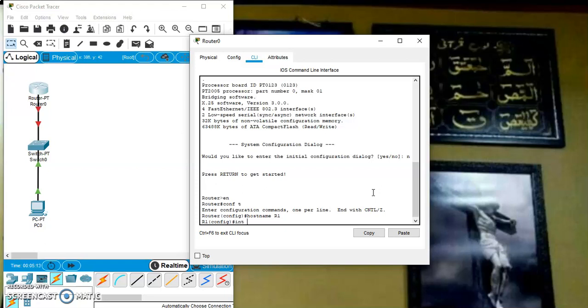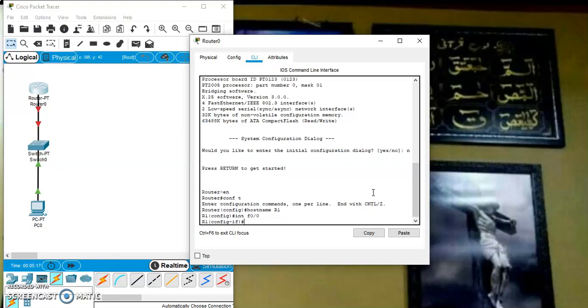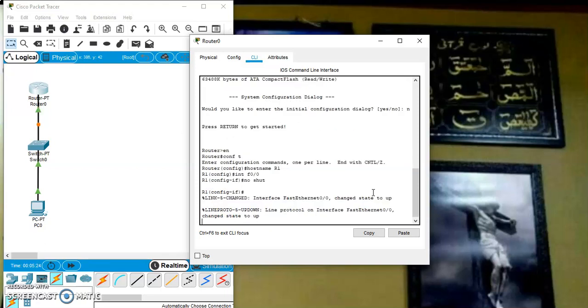For that we are supposed to write command int f0/0, enter. Now it should be up, that could be done by no shut. Now this router has been in an up mode, so we have done it regarding the no shut. Now we are supposed to assign IP address to this router.